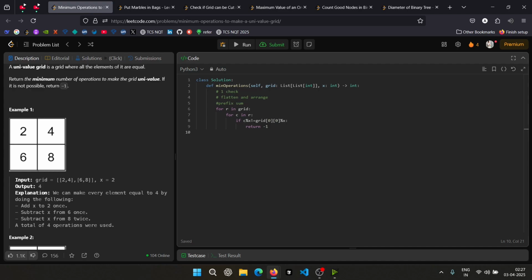Okay, we will immediately return -1. Else we can continue with our operations. First and foremost, we have to flatten the whole matrix. For flattening,